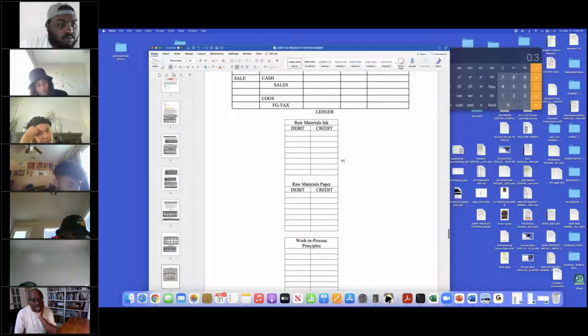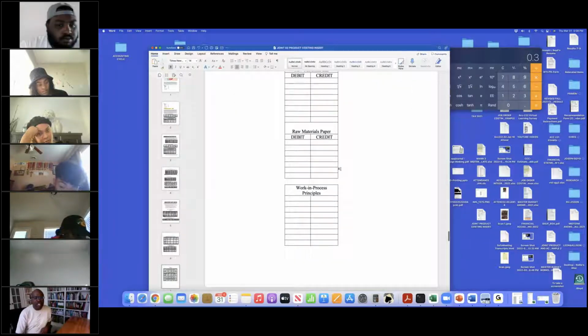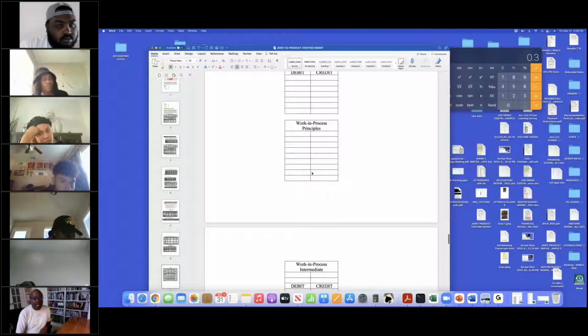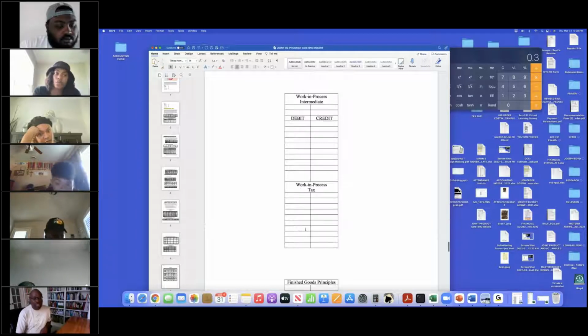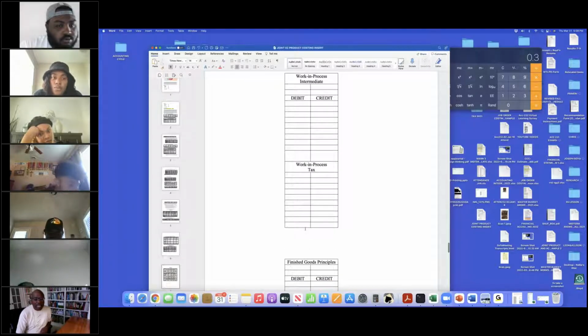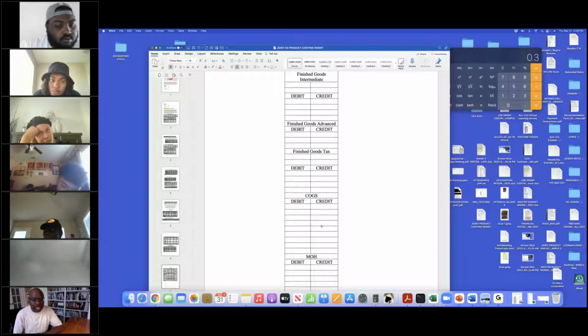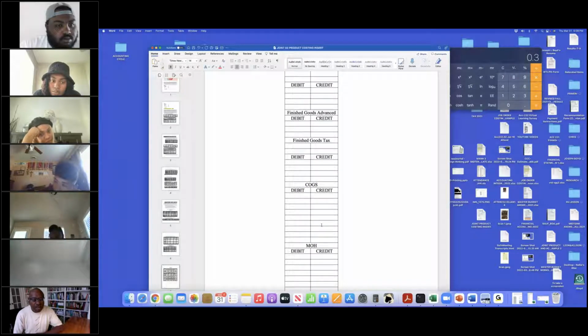But notice that there's a working process for each book. There's a working process for principals, for intermediate, and for tax. And then there's a finished goods for principals, a finished goods. So each one of these, you know, there's a T account for working process and finished goods for